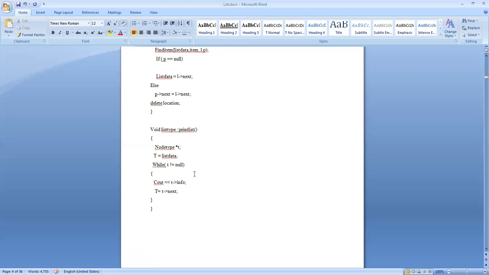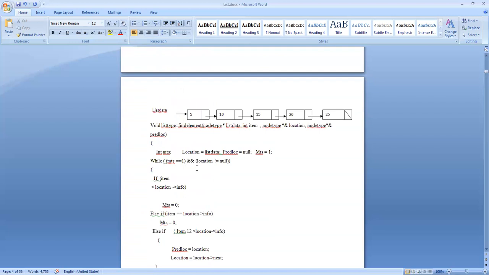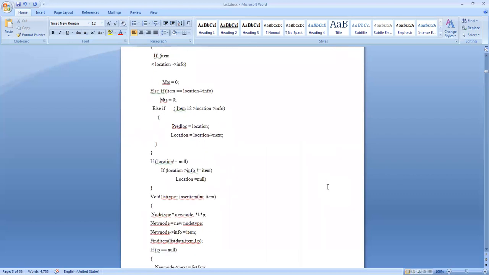That's how we implement all the operations of the list. Hope you have understood all the concepts, and there are many variants of this list. Circular list is there, then doubly linked list is there. What is the circular list? There is no first element, there is no last element in the list. If the last element is again pointing to the first element, then that is called a circular list. That we are going to discuss in the coming class.